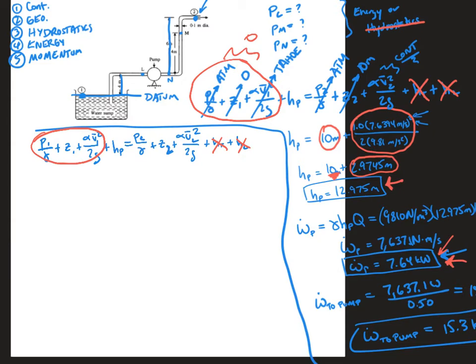So the right hand of this equation becomes 0 plus. Now between 1 and L, I don't have a pump, so the pump goes away because we don't have one. And we're left with PL, which is what we're looking for, over gamma, plus ZL. Well, L is up 4 meters, plus. Now this VL is the exact same as this right here, which we're going to use again and again in this problem. We've already calculated this value. That's how much velocity head we need, so we'll go ahead and put it in right here,